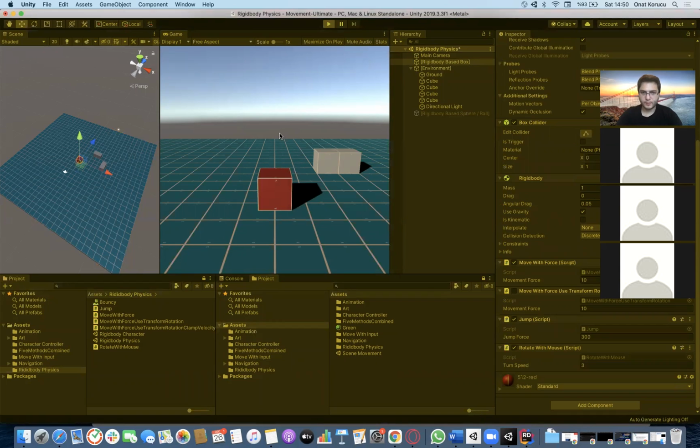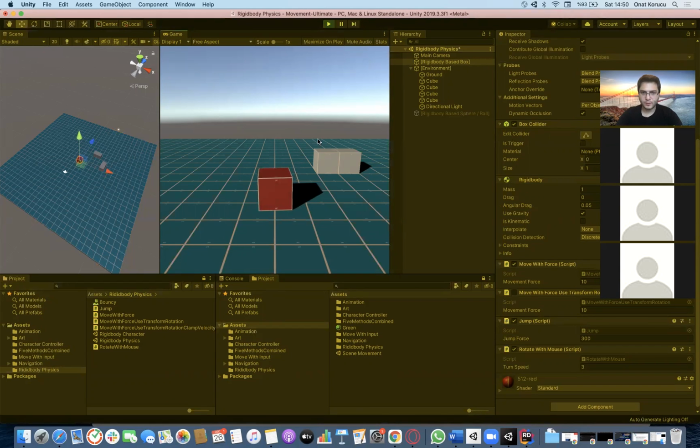If I use them together, you will see that it will follow my mouse, and I'm able to jump like this. And there's also one more thing